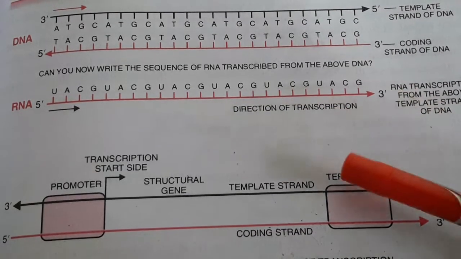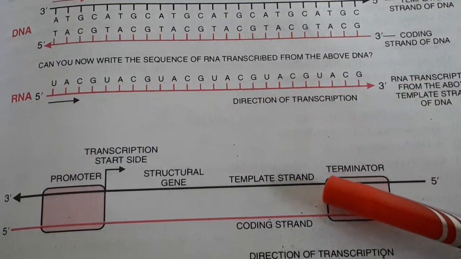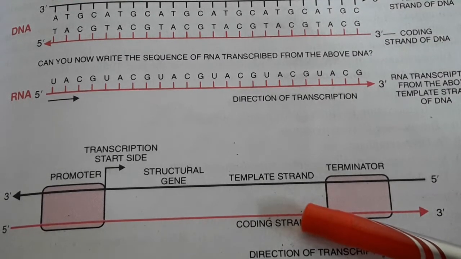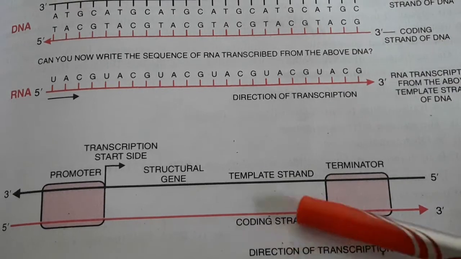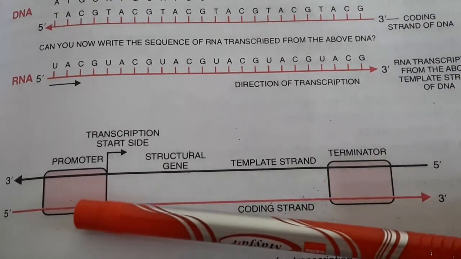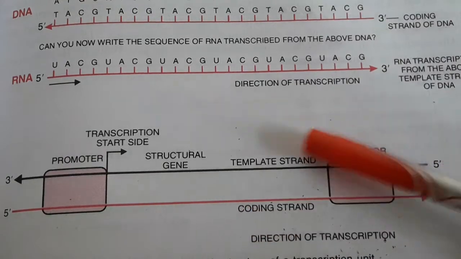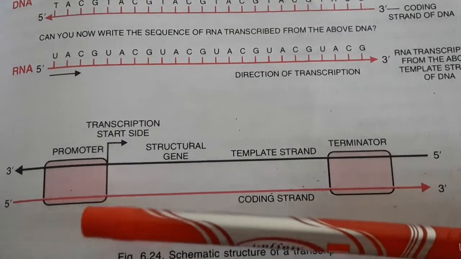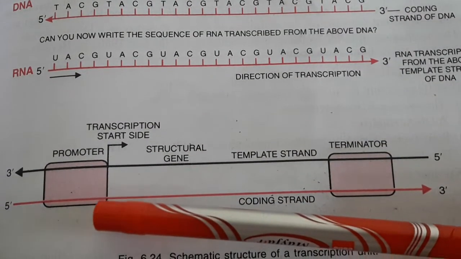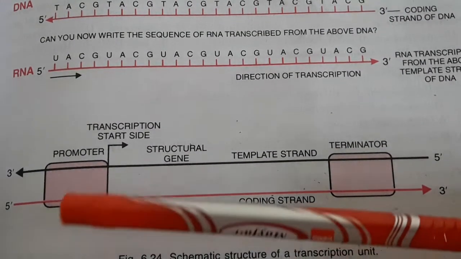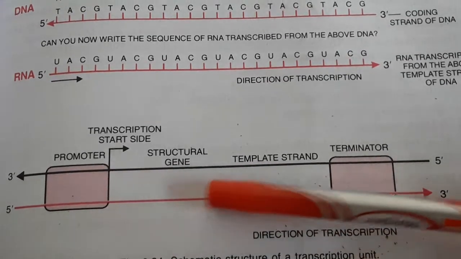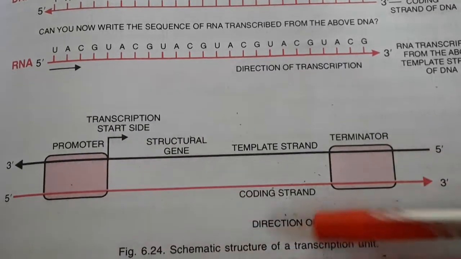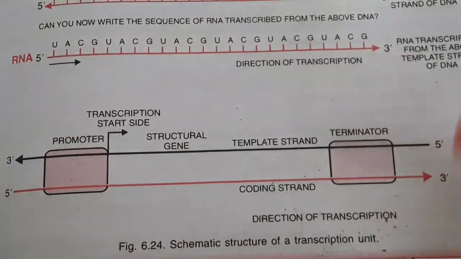Now, the transcription unit is the segment of DNA between the sites of initiation and termination of transcription by the RNA polymerase. This transcription unit consists of a promoter, the structural genes and the terminator. Now the promoter is a particular region of the DNA molecule on which the RNA polymerase binds, and it will initiate, this is the start site. You can already see in the diagram, this will initiate the synthesis. That means it will move from here to this direction.